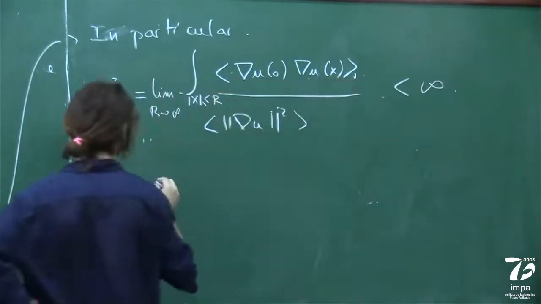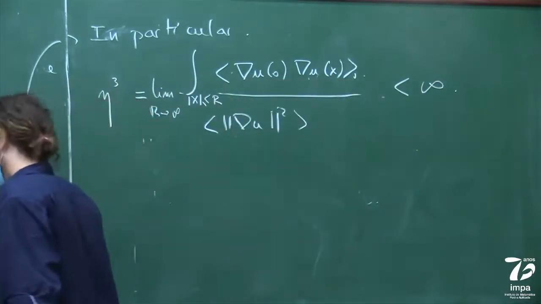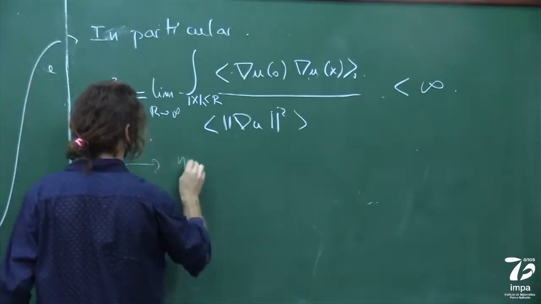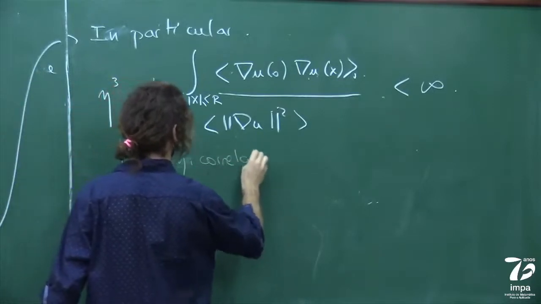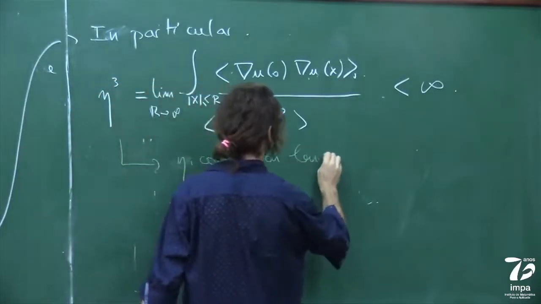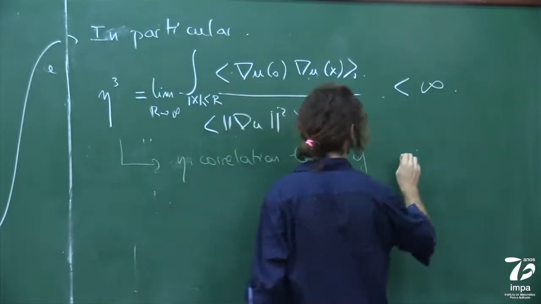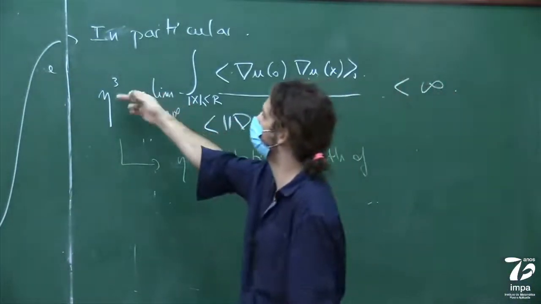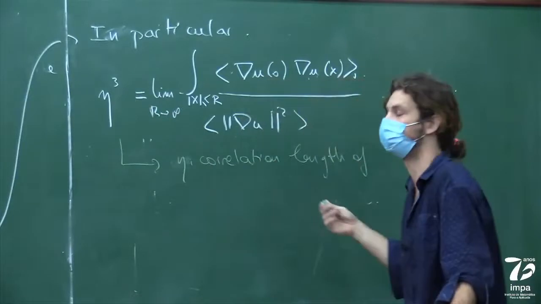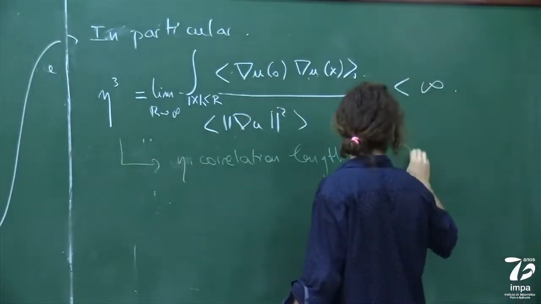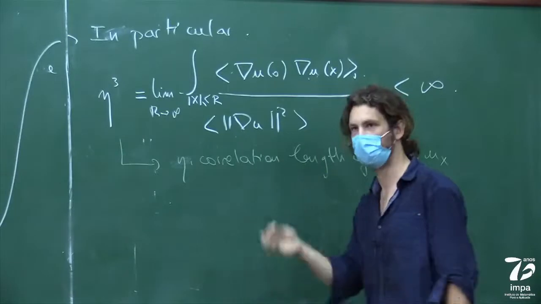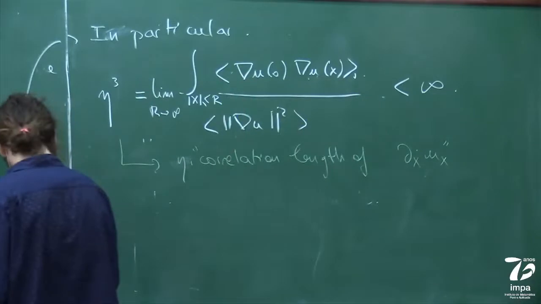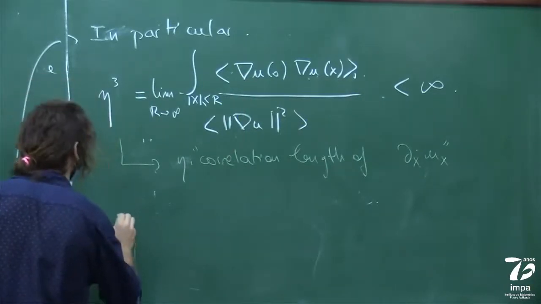So this represents the eta correlation length of one component of the gradient, typically. That's why there is a cube here, because we're in 3 dimensions, but of say d_x u_x, for example, in practice. And the second quantity that I want to be finite will be L,